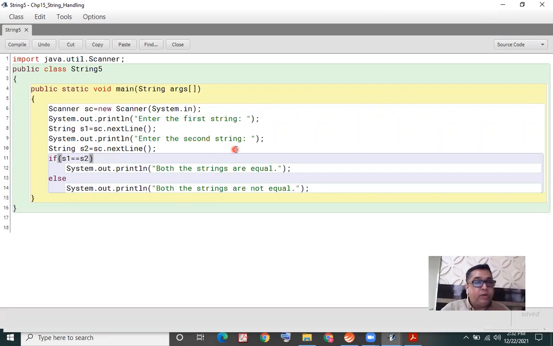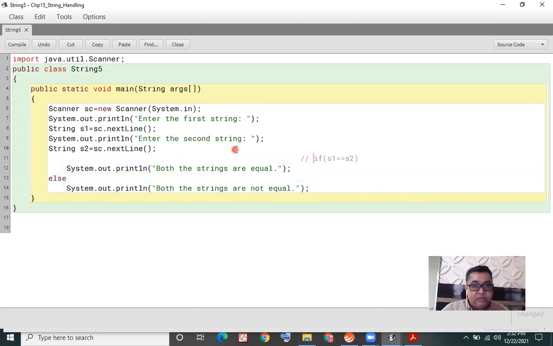But earlier, on 2 occasions, I actually entered the same string but got the output not equal. So I've confirmed this to you. I hope you are convinced that this is not going to work. It's invalid. It will not give a syntax error, but it does not give proper output.